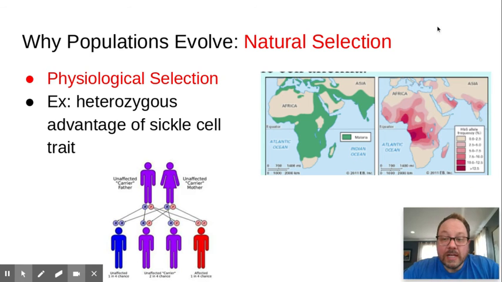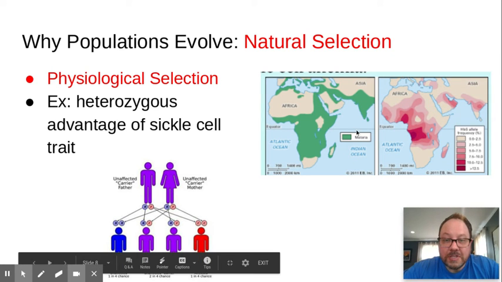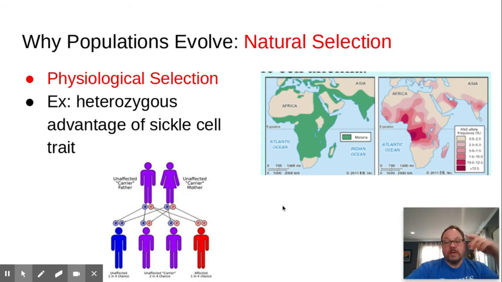Physiological selection is a common example of natural selection. It's used in the AP exam. Again, we've talked about sickle cell disease and heterozygous advantage. So, in areas of the world where there are higher rates of malaria, you also have higher rates of the